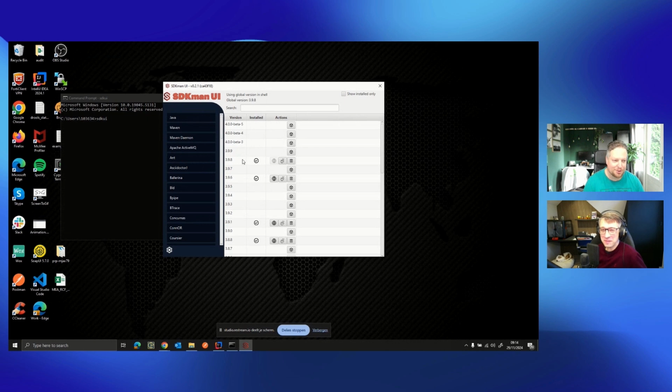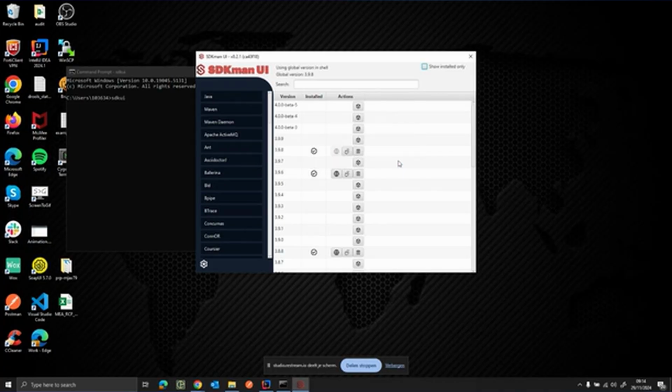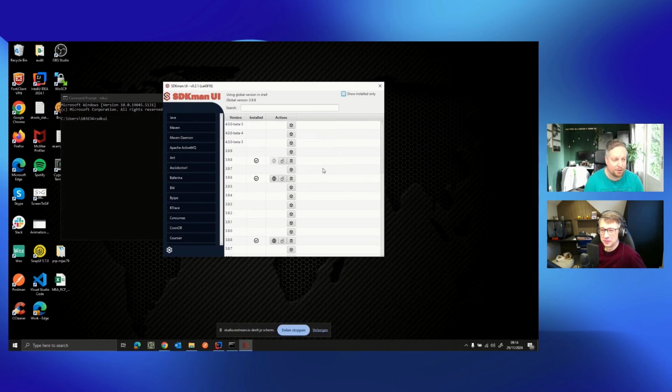I install a new version, check that it works, forget that the old version is there, and it's still here. So I can actually remove that. For example, this version is 391, and it's gone. It's that easy. You can also do this on your Unix system with SDKman, but that involves a lot more